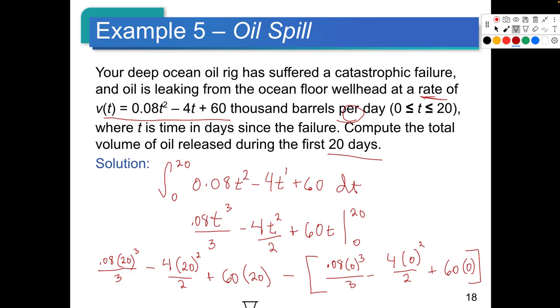So 0.08 times 20 raised to the third divided by 3. Oops, that was a mess. 0.08 times 20 raised to the third, and then the whole thing, because when I divided by 3 it was up in the exponent. So I get, for this one,